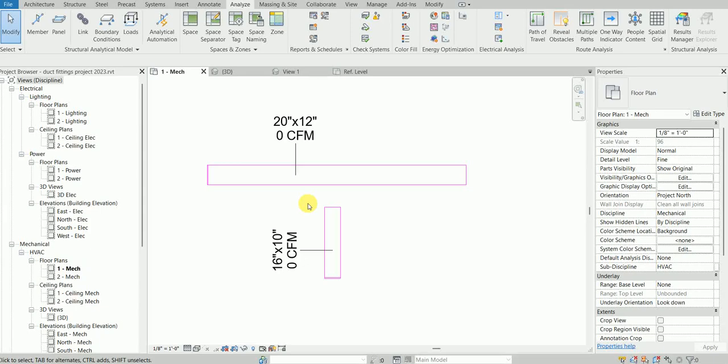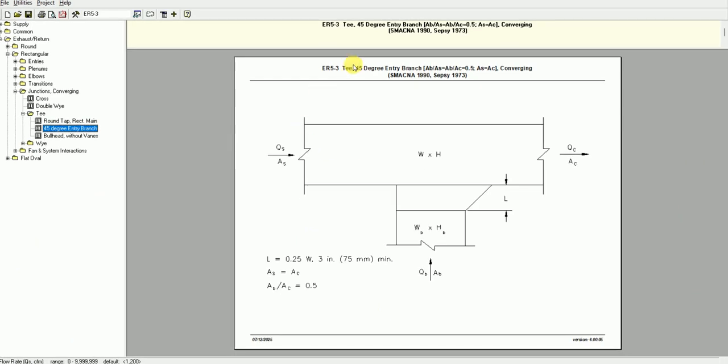Hello and welcome to the new video, and this video is going to be about this particular fitting, which is T45° entry branch. It's used in the return systems, and the thing about this fitting is that most people tend to use it with the tap junction inside Revit instead of T,